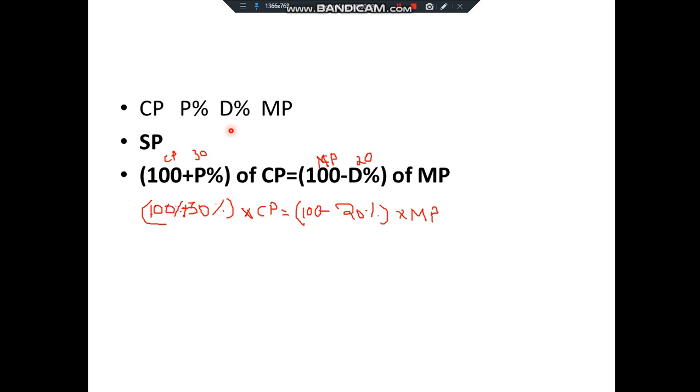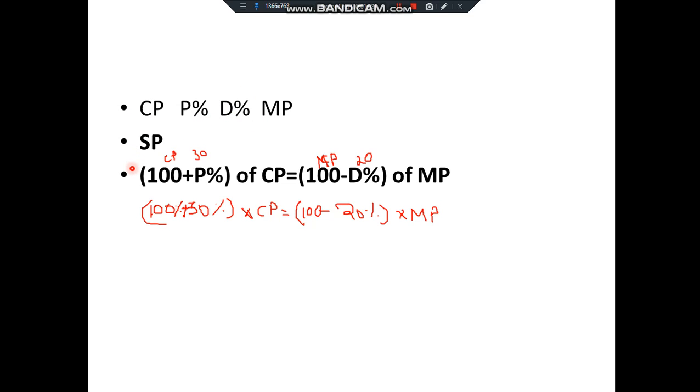See, using cost price and profit percentage we can find SP. Similarly, using discount percentage and marked price, you can find SP. So from cost price and profit percentage, and from discount percentage and marked price, we'll equate both the SPs. Okay, so from that we'll find the answer. Our question will be such that any three will be given and the fourth one will be asked. Okay, so let us see how.